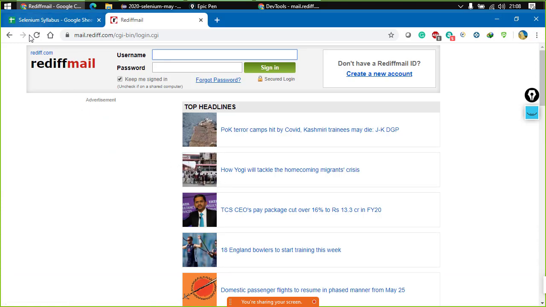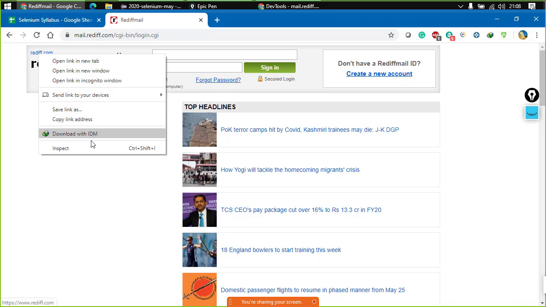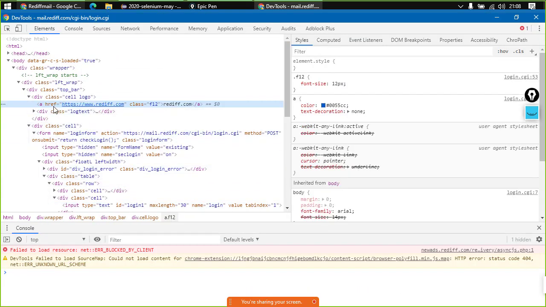For example, what if I would want to retrieve this element, that is this rediff.com? We can right click here, go to inspect, and we can see that this is the element. Now this element is inside the body tag. This body tag is inside the HTML tag. Inside the body tag we have multiple tags, but the tag that we need is the div tag. Inside this div, again a div tag, and so on. Now how can we denote its address? Let us just see that.